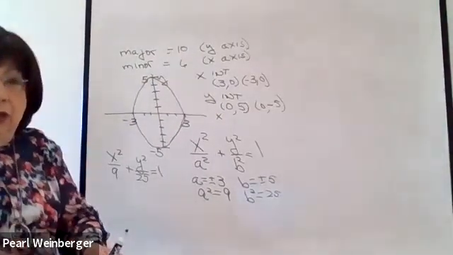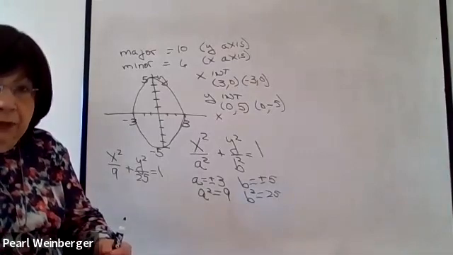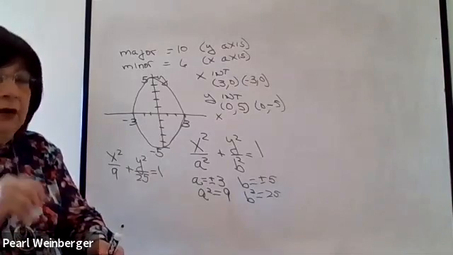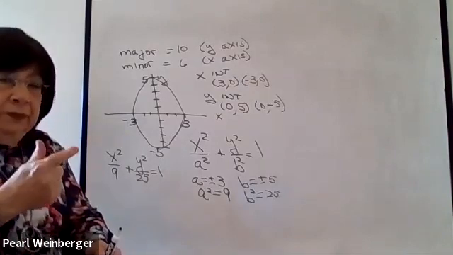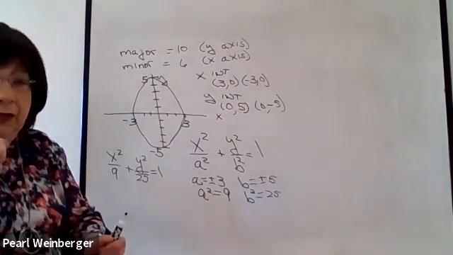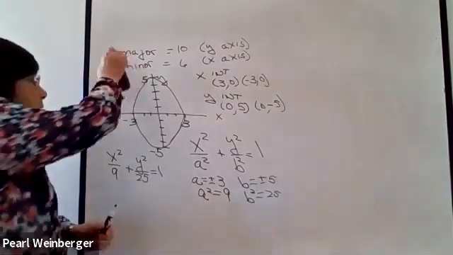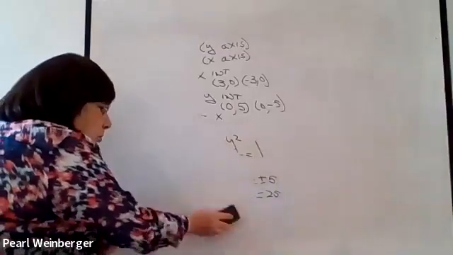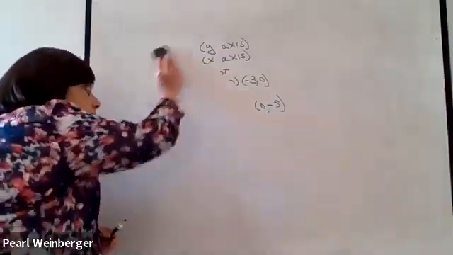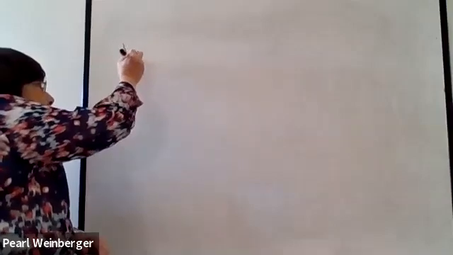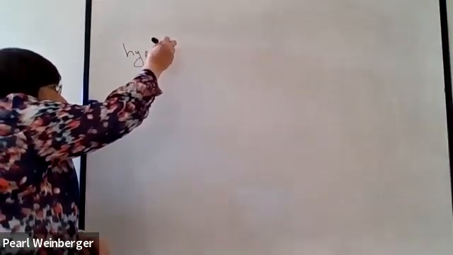Okay, so I'm going to go on to the third type of conic section. Again, remember, conic sections are circle, ellipse, hyperbola, parabola. We're now going to be talking about the hyperbola. When you look at the equation of a hyperbola,